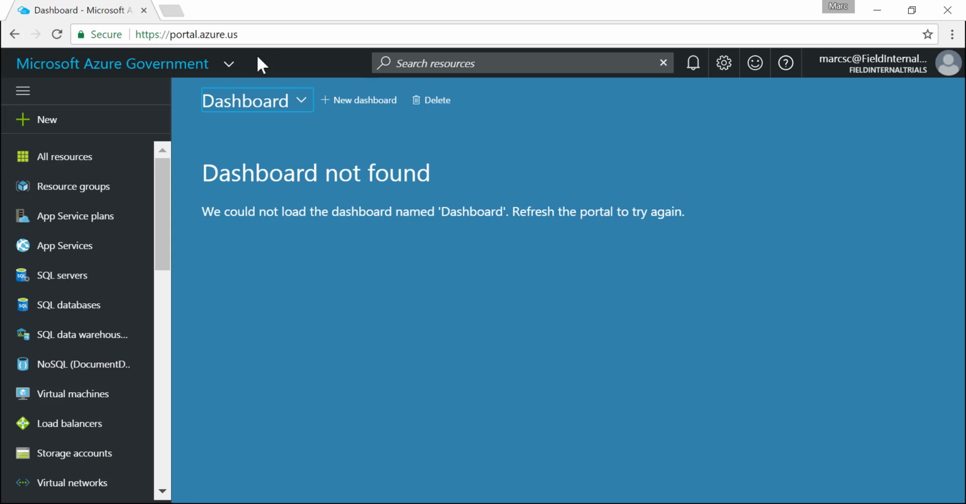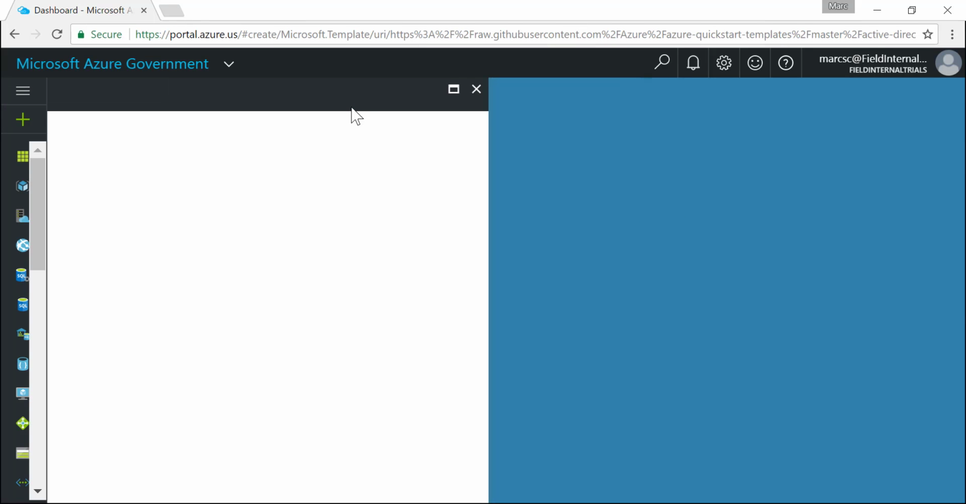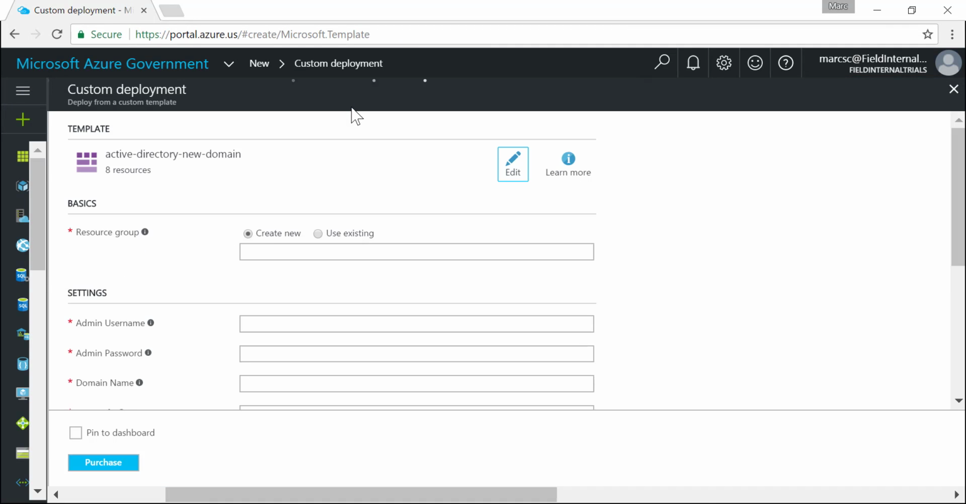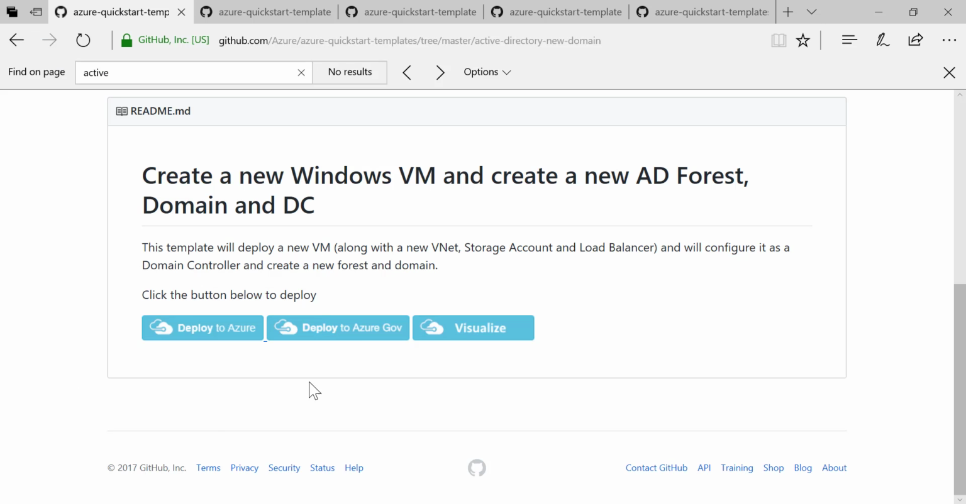So if I come over to Chrome here where I'm logged into Azure Government and I paste, the portal will basically load up a UI to pass parameters into the template, and notice that the artifacts location here goes back to that GitHub repository. This will do exactly what the template description says. It'll deploy a new virtual machine with a new VNet, storage account and load balancer, and configure it as a domain controller, creating a new forest and domain. So let's go back